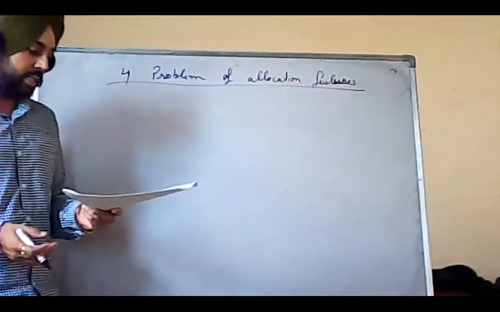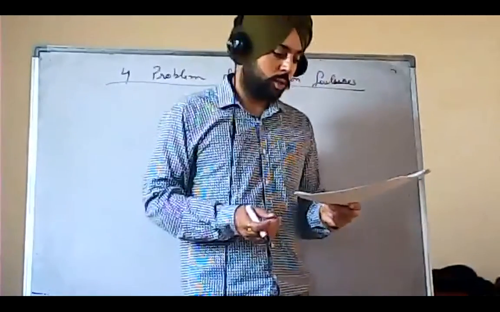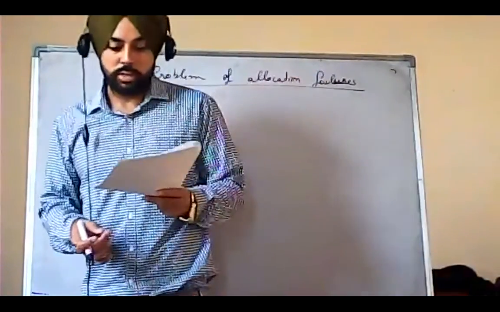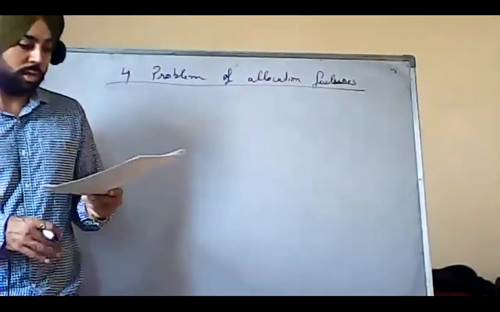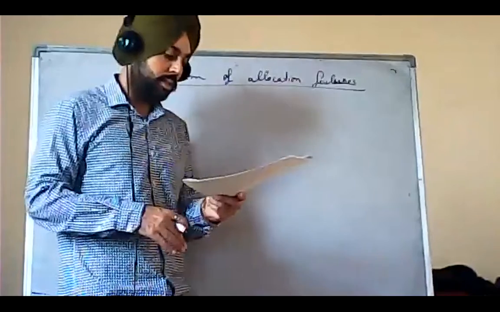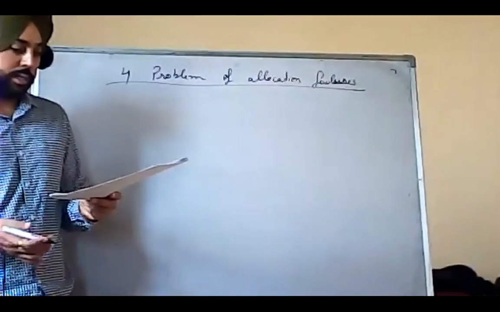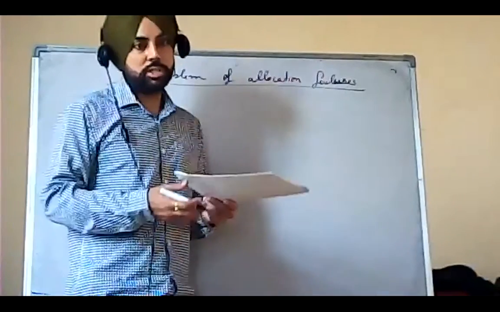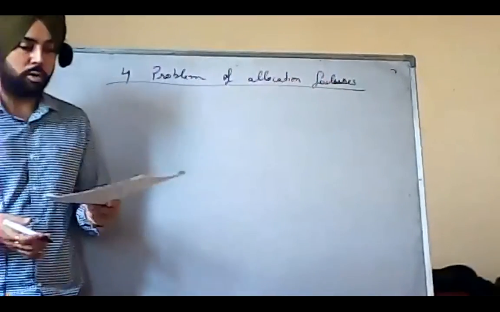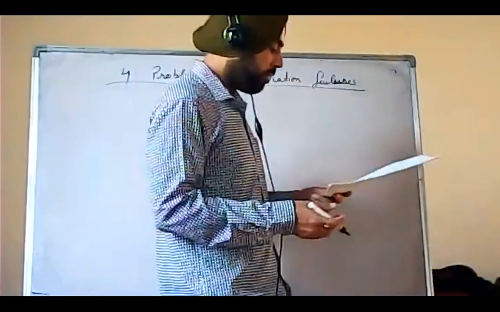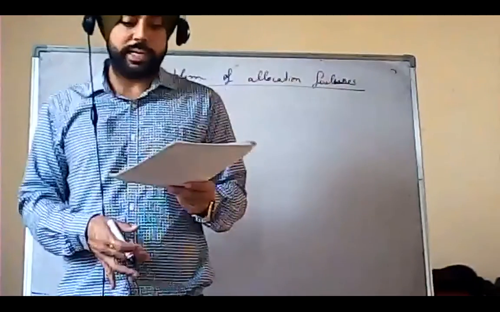So this is the one line definition for the problem of allocation failure. That is, allocation failure is a situation when the program, through the new operator, requests a block of memory, and the operating system could not fulfill the request of the program. That is because sufficient memory may not be available in the free pool of memory. So in that case, we use the new operator and it returns a null pointer that indicates the